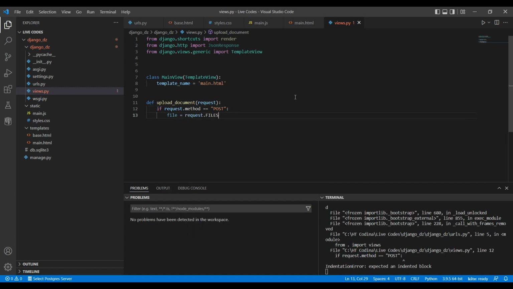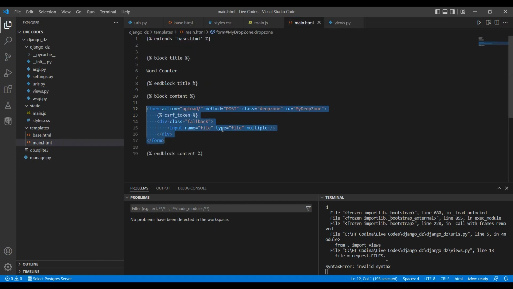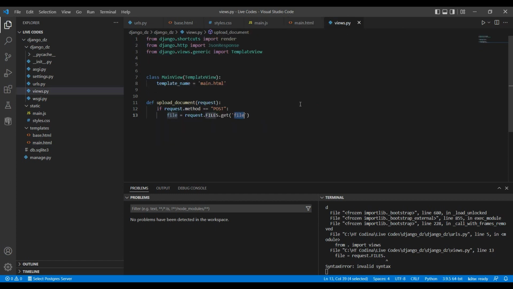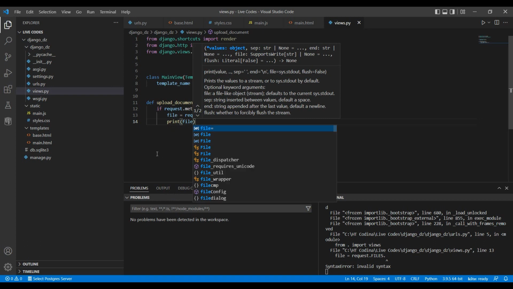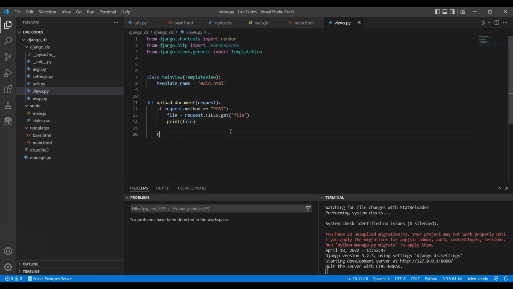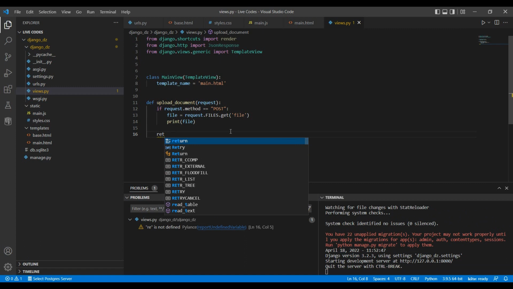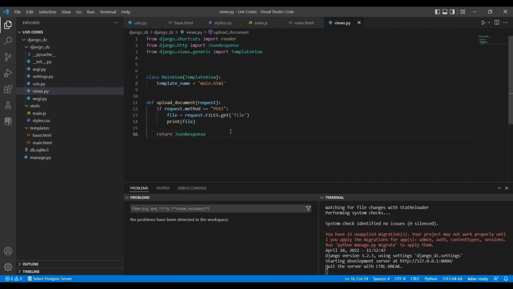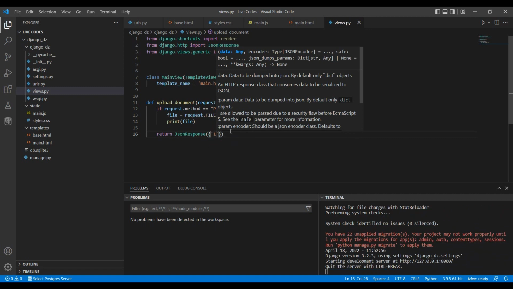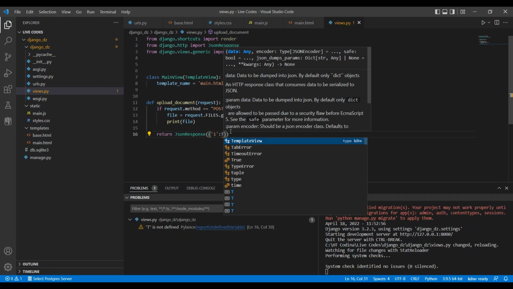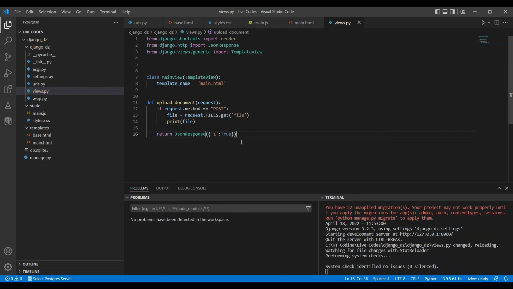So file will be request.FILES.get file. So this file in fact is here. You have this file here, and just print that file and return JSON response one true. Okay,